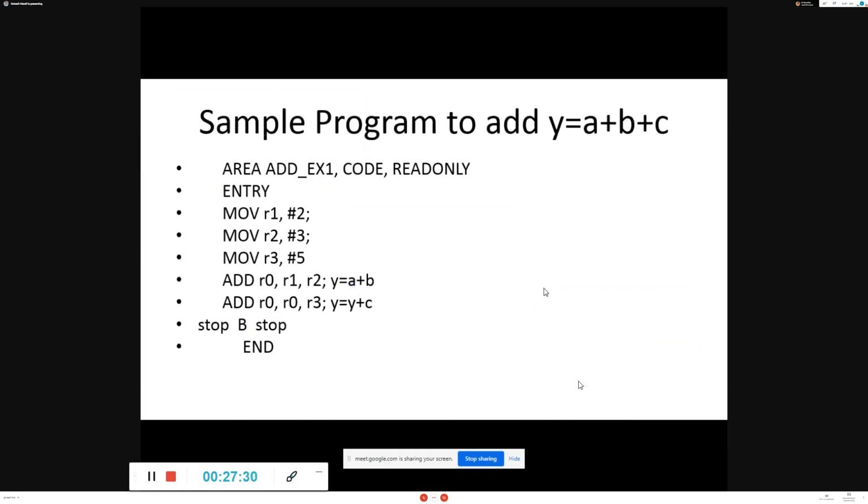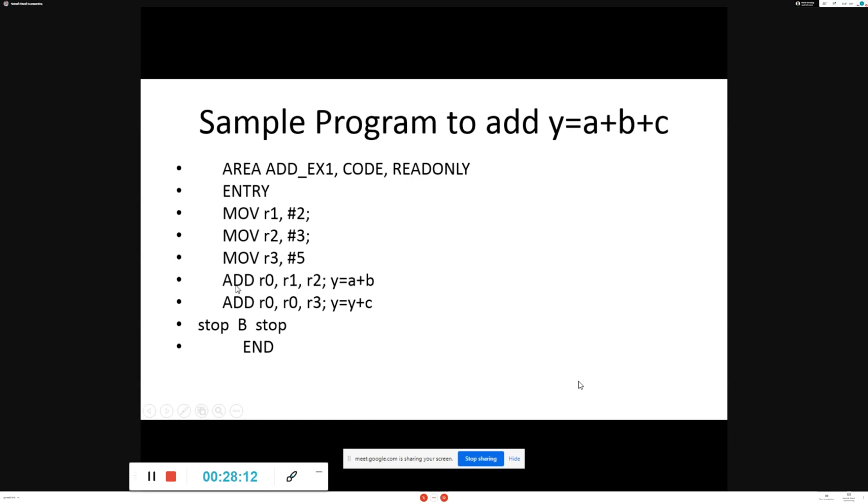You can write a sample C program or assembly program to perform y equal to a plus b plus c. Here the same code where a equal to 2, b equal to 3 and c equal to 5 we have taken. I store the result in one of the registers called y, and here we mentioned it as output R0. A is mapped to R1, B is mapped to R2 register, C is mapped to the R3 register with immediate values.